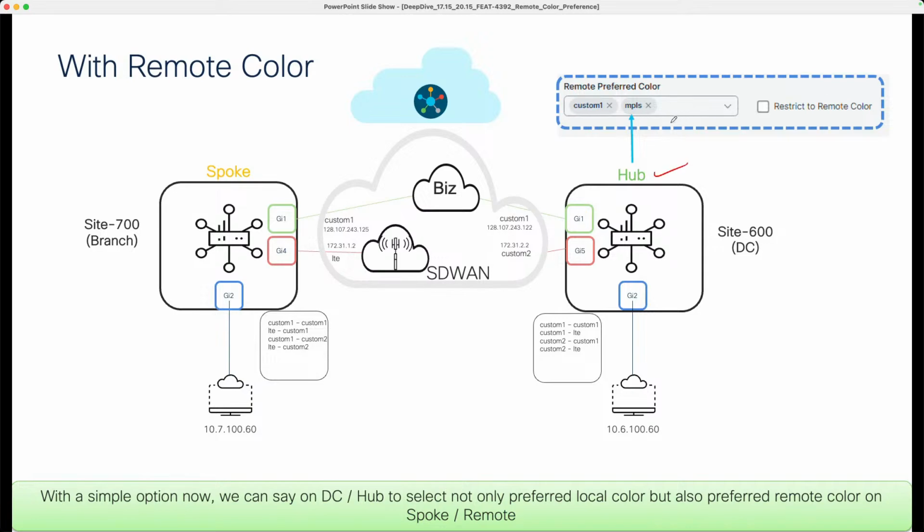And with this simple knob, we'll be able to put the traffic into the desired circuits. So now the traffic will take the desired circuit from custom one to custom one, all the way for your applications. So that's about the remote color. In this case, it will always choose the custom one to custom one tunnel, even though you can have four tunnels. And then when there is some impairment happening, based on the SLA criteria, the traffic will